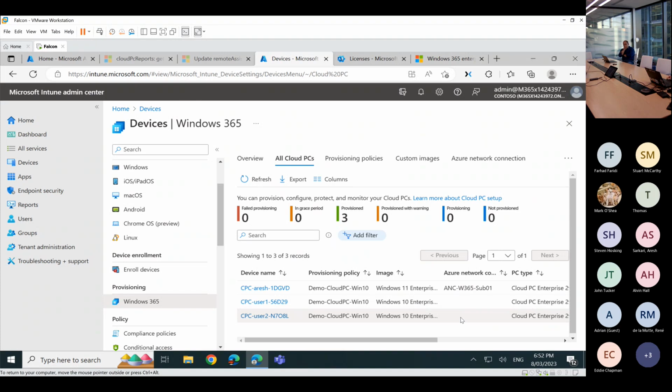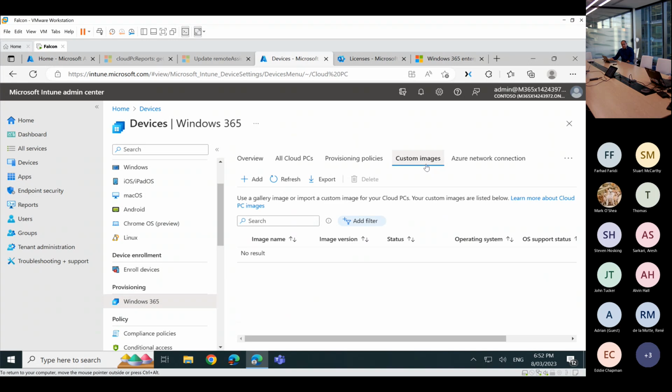And you can see the image says Windows 10 is what was provisioned. However, that's not the current operating system inside. Using feature updates and rings, I've managed to update these two desktops to Windows 11 already. So though the image which was used back in the day was Windows 10, the current desktop, if you log in, is not Windows 10, it's Windows 11. You'll start seeing all the desktops out here, depending on whether they are in a provisioning state, provisioned state, or in an error state. All the statuses would be shown in the report out here.